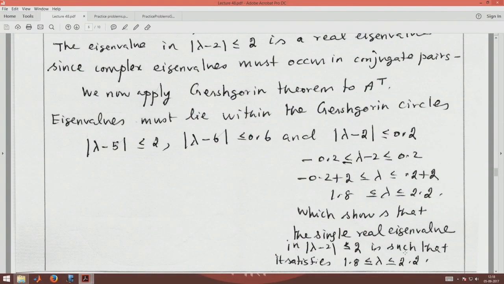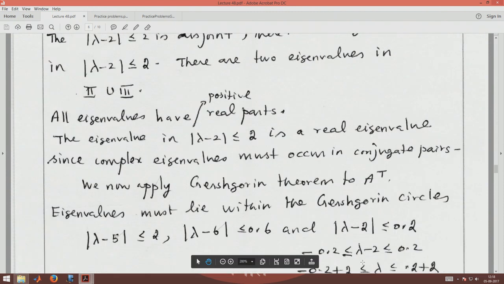So, we are able to get the location of the eigenvalues of a given matrix A by applying the Gershgorin circles theorem in terms of rows and in terms of the columns of the matrix A, or the rows of the corresponding matrix which is A transpose. So, we now consider